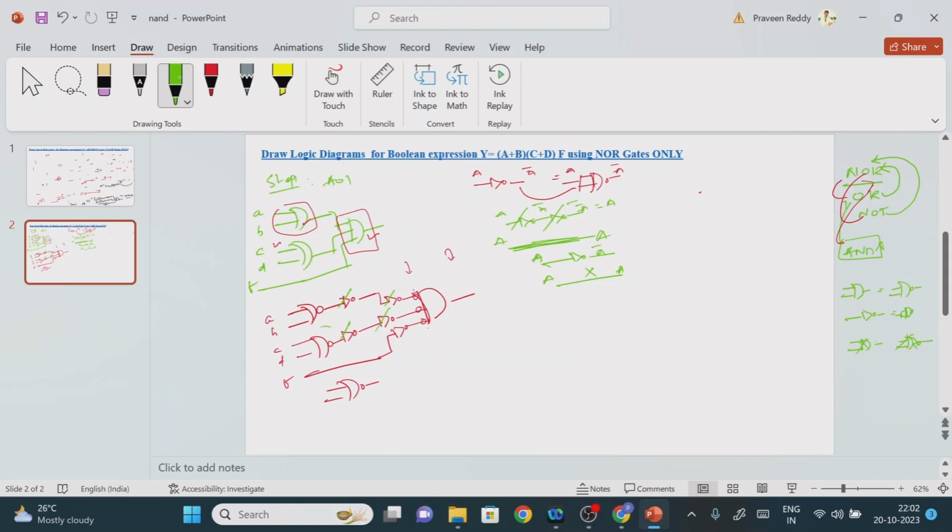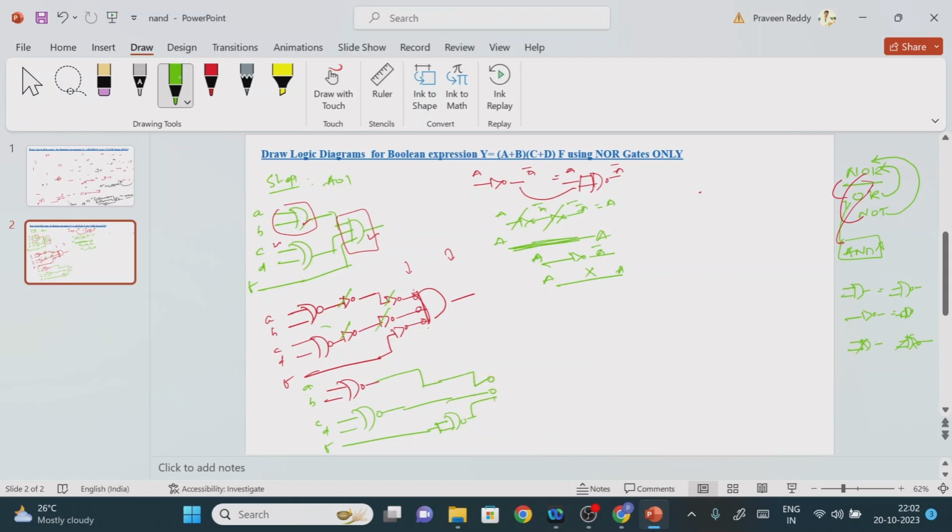So again here this is the OR gate, the NOR gate, right? I am just writing the NOR gate, single wire. So A, B, C, D, F, right? Now if you observe here, we can replace this in terms of the NOR gate, with a single input NOR gate, right? Done. So now finally we will be having something like this, right?